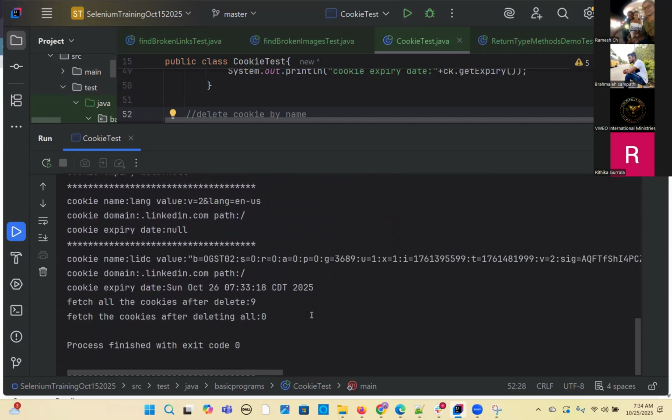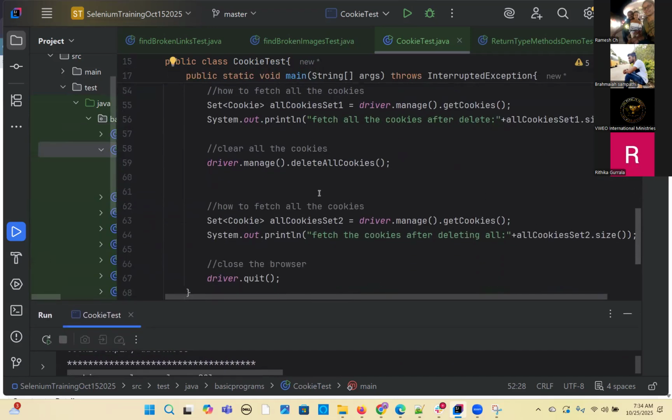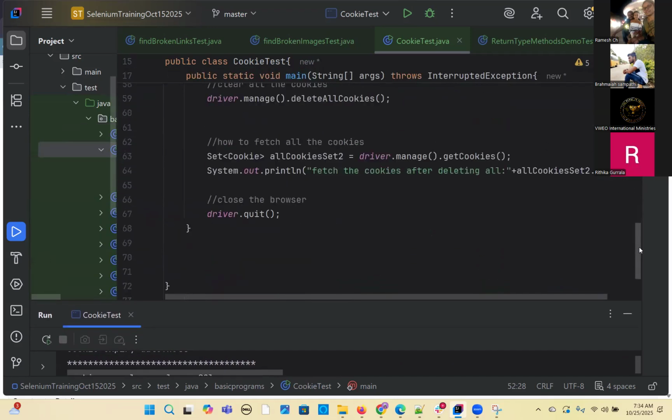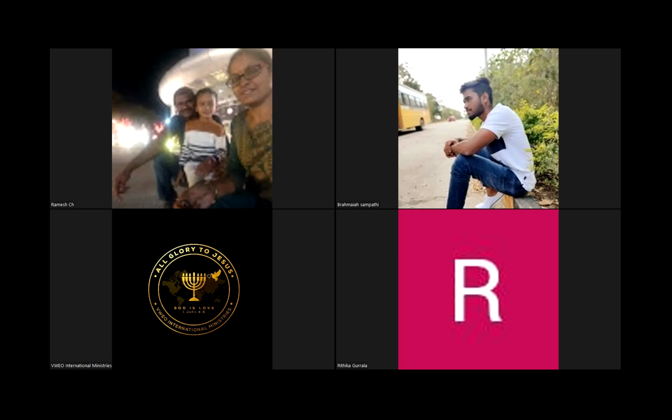So that's how to get all the cookies. It's a simple thing. Mostly you will use the add cookie function and the delete all cookies function. This is the one you will generally use, and that's a real use case. Okay, so that's it. I just want to stop this program and then we'll